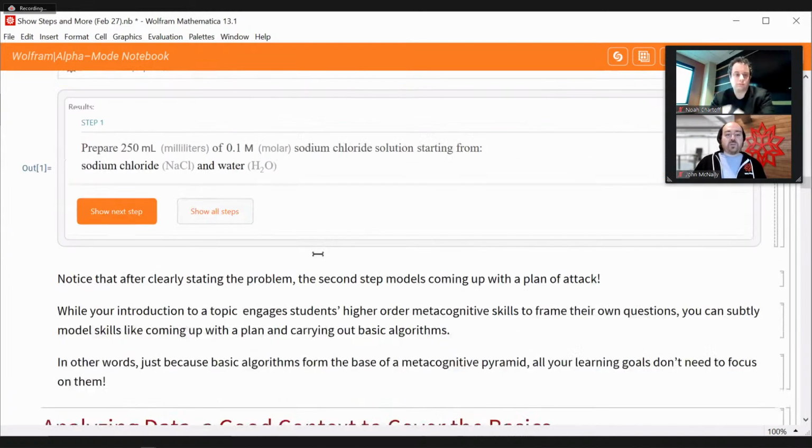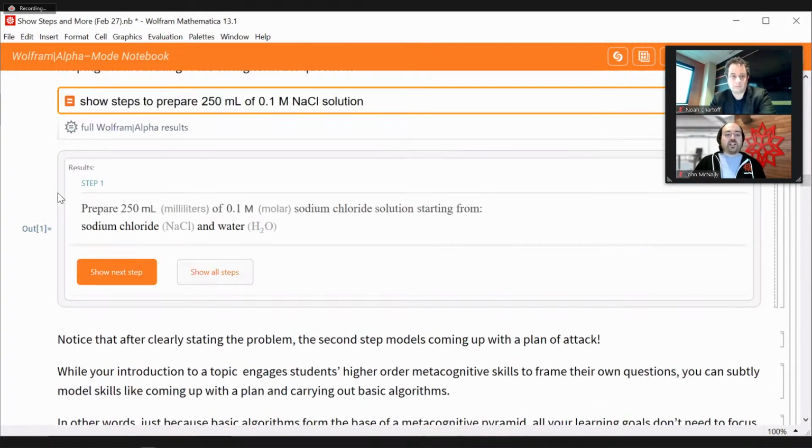Now, another really important thing to emphasize, if I click this show next step, you'll notice there are two buttons here. There's show all steps and show next step. The show all steps is for convenience so that you can see all of them at the same time. But again, we want to help our students build their metacognitive abilities. That's not something you just know how to do if you haven't seen and had this process modeled for you. And your students are not going to have seen or had this process explicitly modeled in